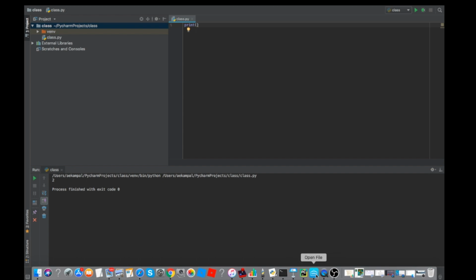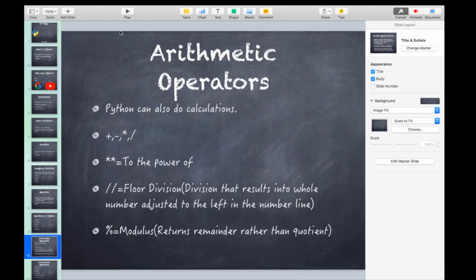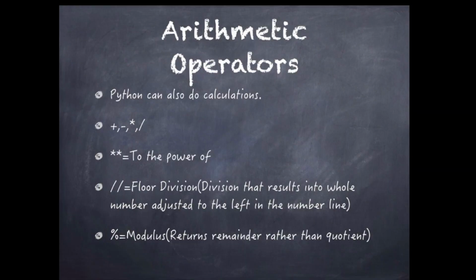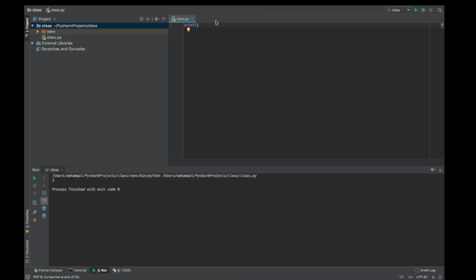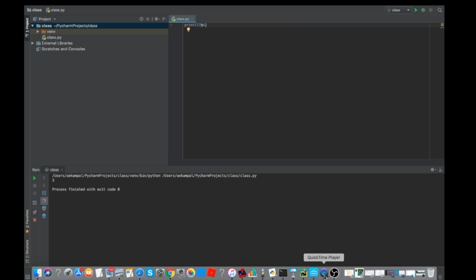Then the final arithmetic operator is modulus, which is represented by a percentage sign. Usually when we're doing division, we want to find out the quotient. But what this does is give us the remainder rather than the quotient. So let's say we did 11 percentage 4. It will not show us 2.75, it will actually show us 3. So that's modulus, and that's all of the